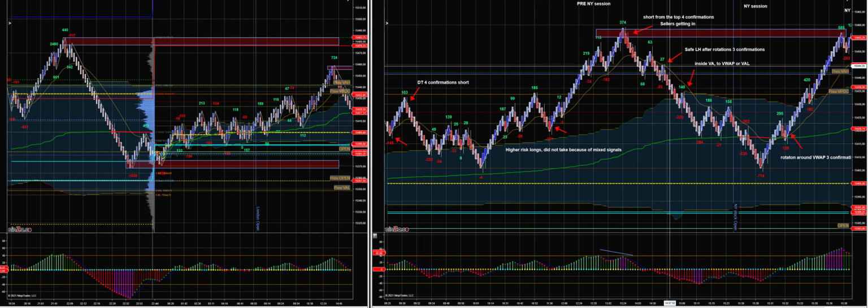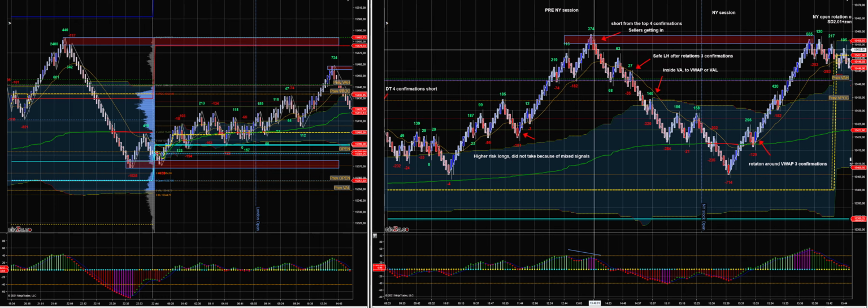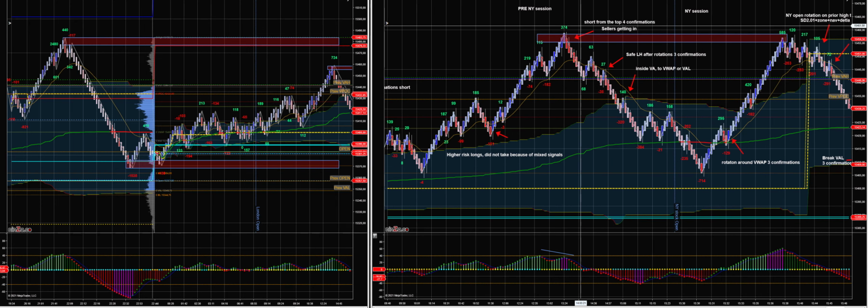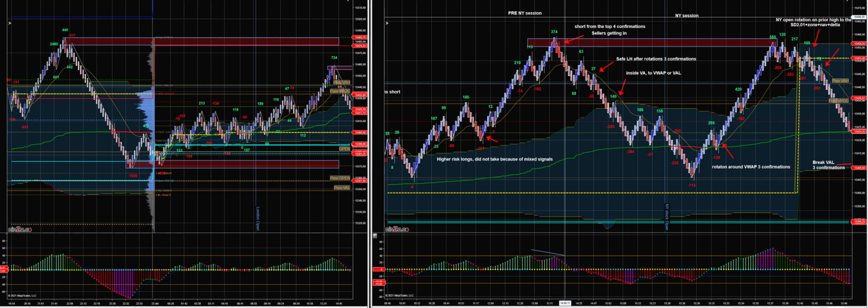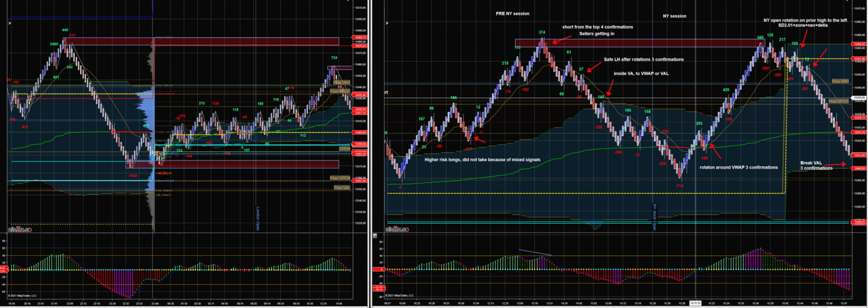Every setup, these 3 setups, I took with multiple confirmations, visual confirmations, simple confirmations I teach in my mentorship. Keep it simple, keep it easy, and you can learn these kind of setups in 1 or 2 weeks. It's pretty simple, but I think it's the best way to trade Nasdaq, because Nasdaq isn't the right product to